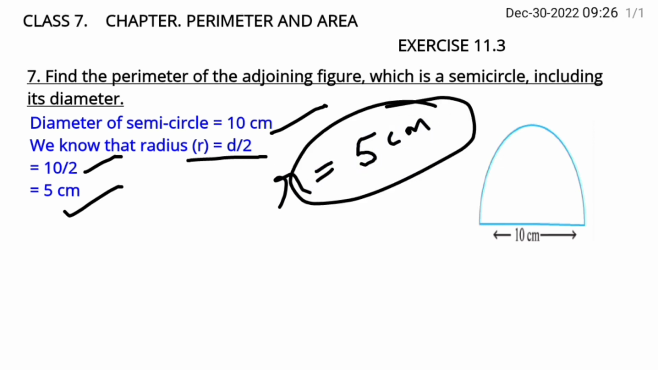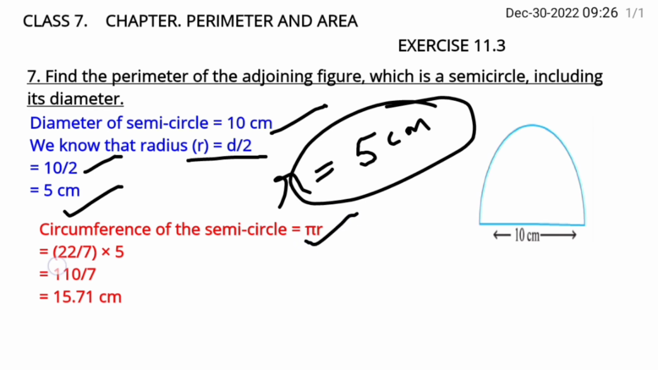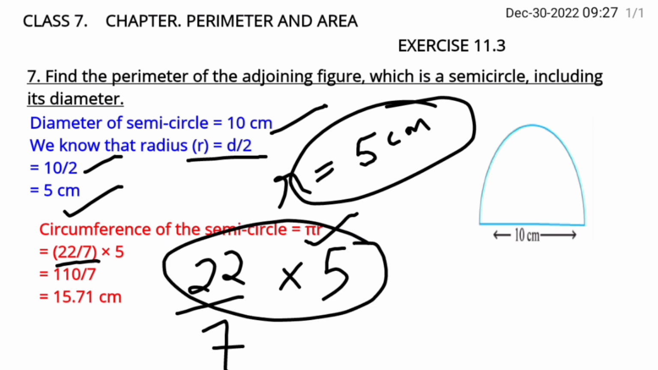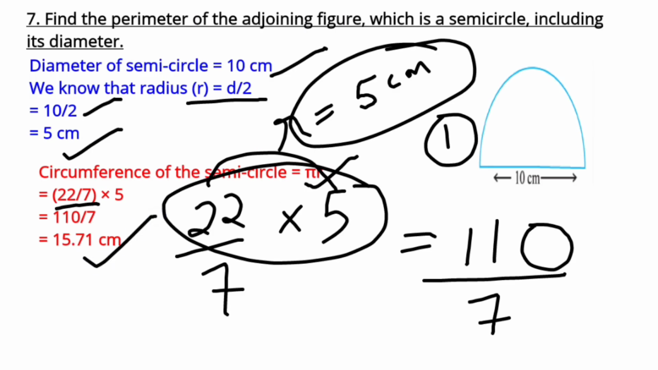We need to calculate its circumference, so we'll calculate the circumference of the semicircle. I have written circumference of semicircle. Its formula is pi r. I have written the values. The value of pi is 22 upon 7, into 5, which is our radius. So first we'll multiply it. 5 twos are 10, 0, 1 carry. Again 5 ones are 5, plus 1, 11. So 110 by 7. Now when you divide 110 by 7, you will get 15.71 centimeters, which is the circumference